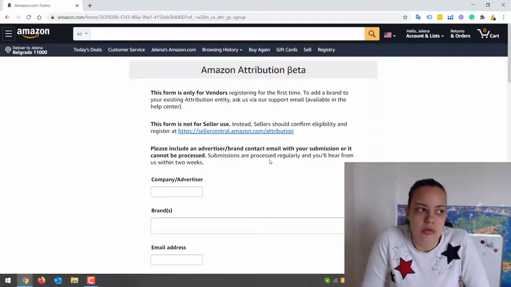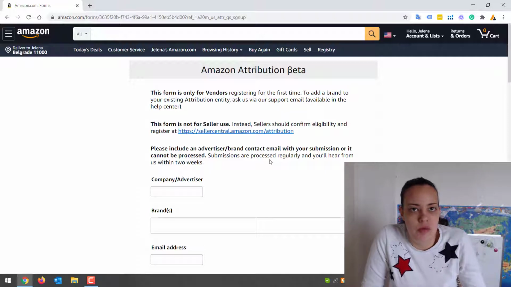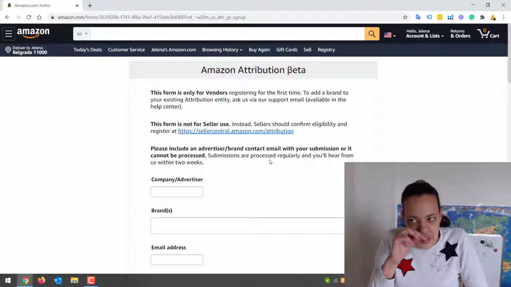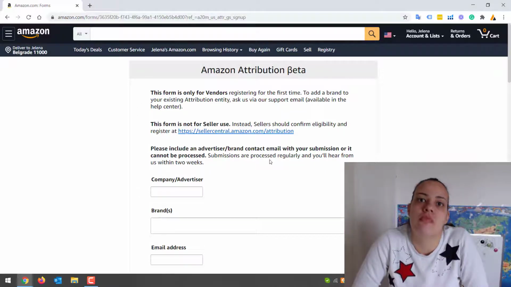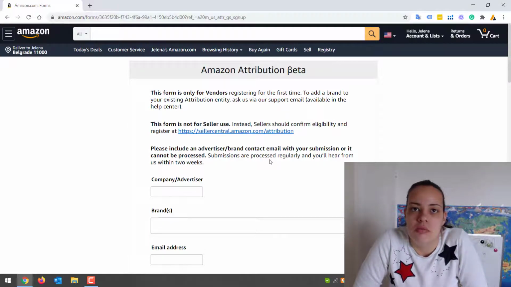For example, your PPC is there to help you show up for the keyword that someone is searching for, or to show up if you're doing some kind of competitive targeting through PPC, to show up for searches where someone's looking at the competitor's product. That's great, but